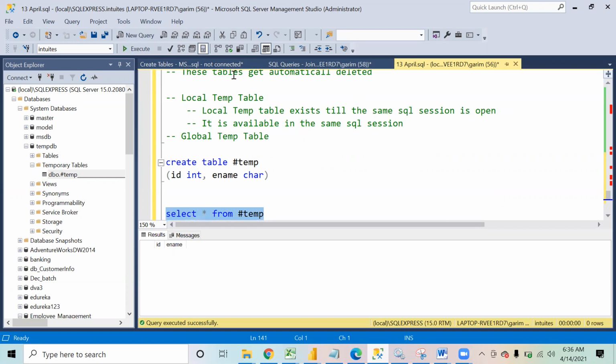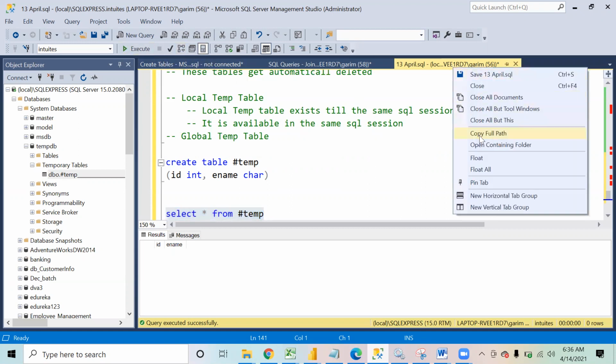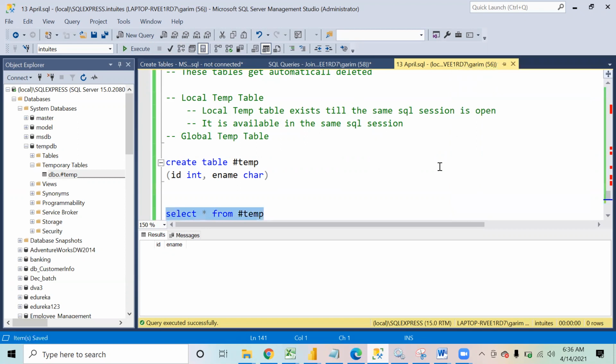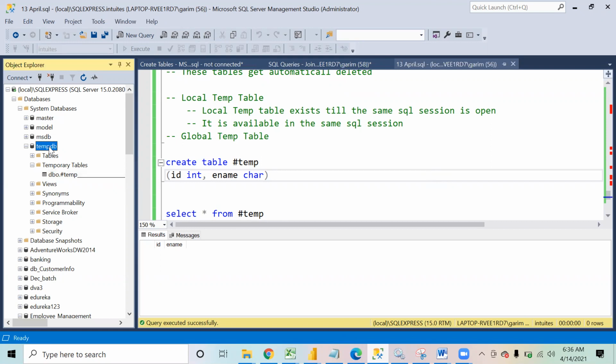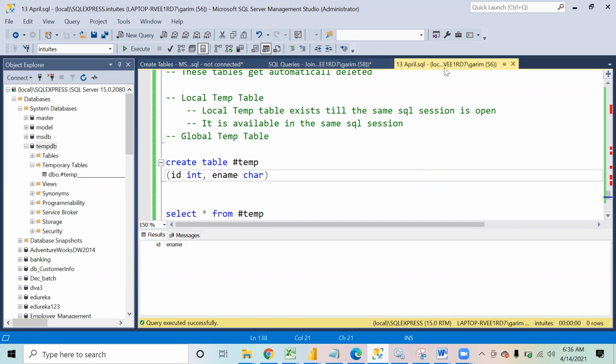Okay. In order to work on this temp table, we need to connect to which database? You don't need to mention anything. The temporary table is created in this session, the session that is open right now.